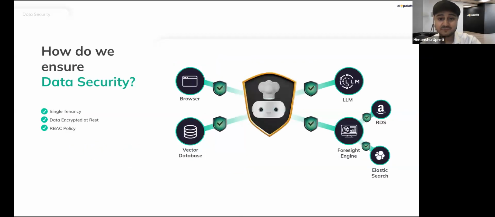We at AI Palette provide unparalleled data security. We totally understand and value the trust that our customers place upon us. Firstly, we ensure that client-specific data gets stored in separate schemas, isolated from each other. On a cloud framework, this is a single tenancy solution. Secondly, all of the data is encrypted at rest, and we use one of the most secure encryption algorithms out there, which is AES 256, an industry gold standard used extensively in government and